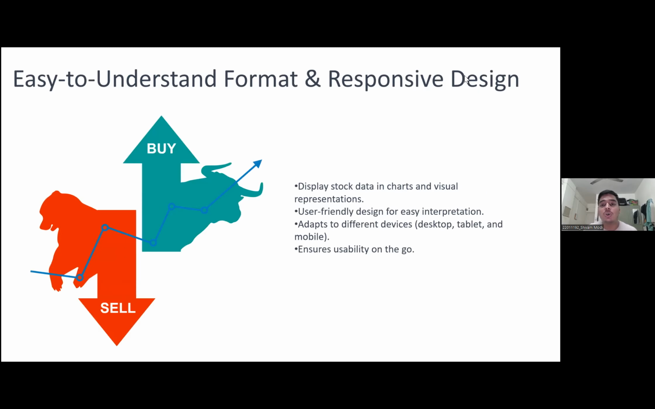And coming to the easy to understand format and responsive design, we display stock market charts and visual representations, because the data the API gives us will be in numerical form. So we will use charts or pie charts to represent the data in a better manner to the customers, and a user-friendly design to help them adapt. The website will adapt to the display, we can say desktop, tablets, and mobile phones, and ensures